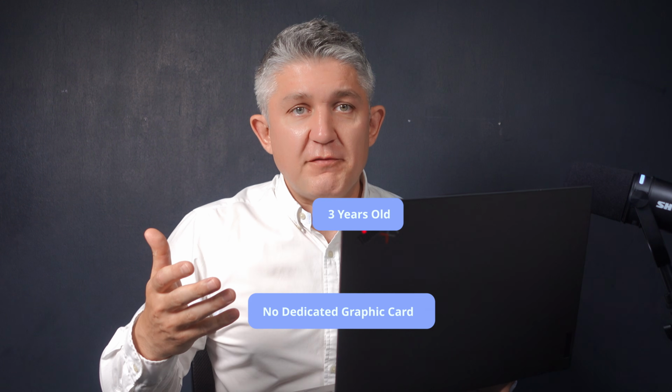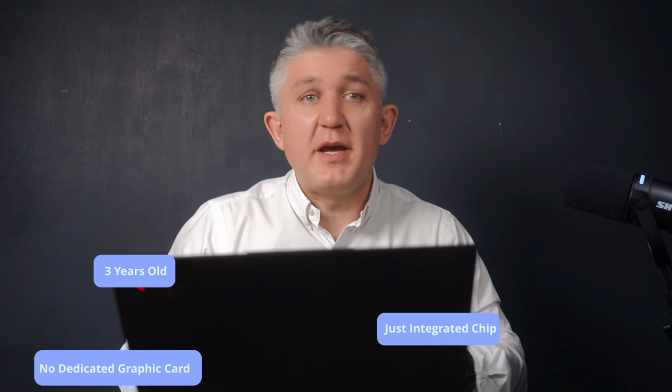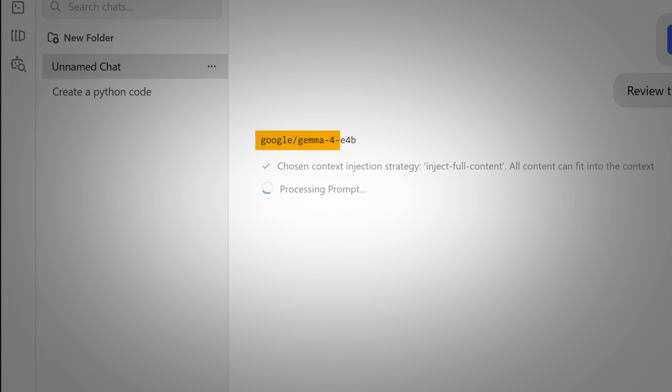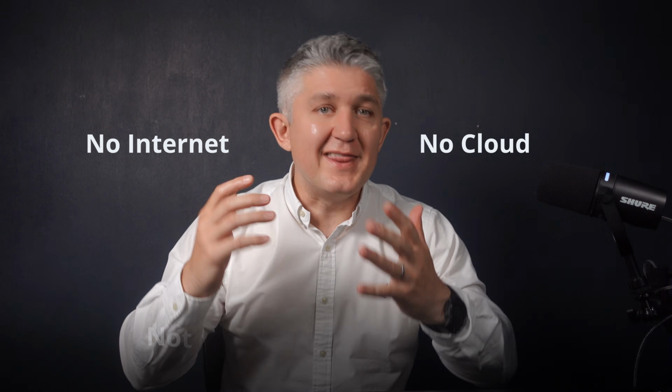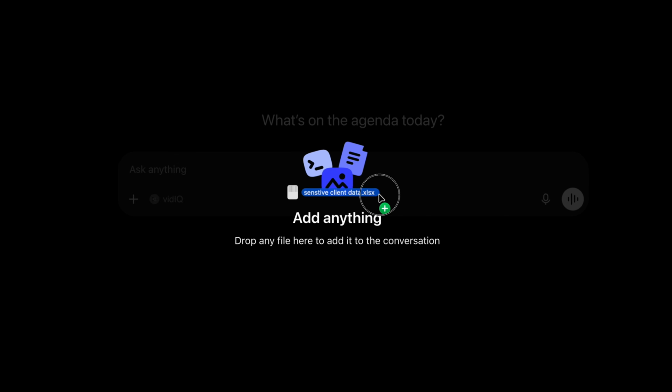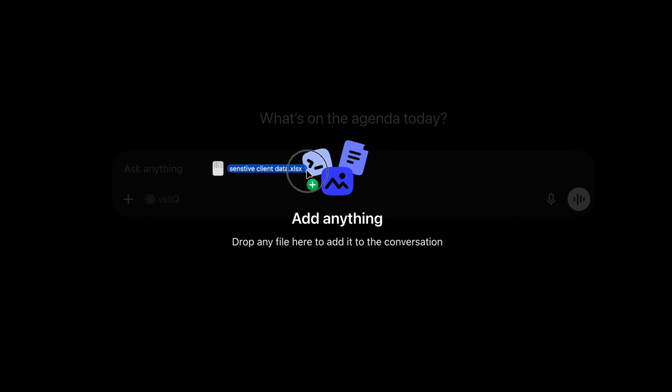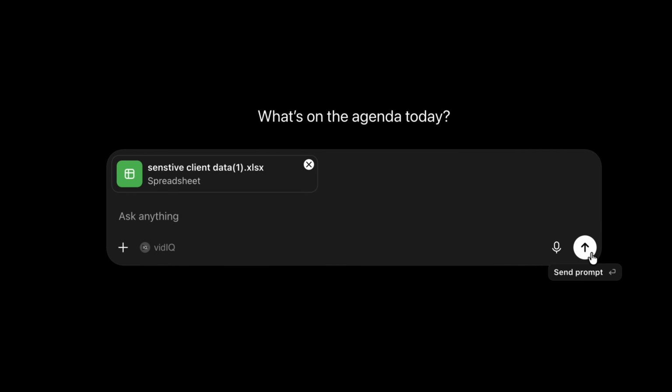This laptop is 3 years old. No dedicated graphics card, just the integrated chip every business laptop already has. And right now, it's running a capable AI model with the Wi-Fi switched off. No cloud, no internet, nothing leaving the building. If you're ever worried about what happens to client data when someone in your team pastes it into ChatGPT, this